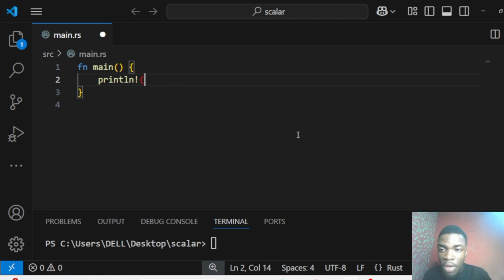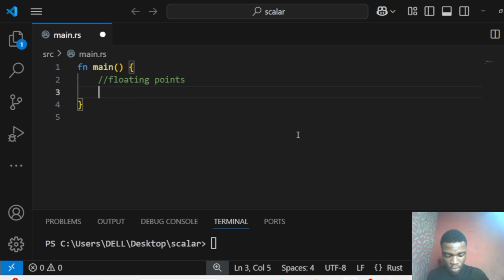wipe this off. What we do is just clear this, and we start with floating points. So by the way, this is our comments. If you want to comment anything, this is what you do: forward slash, just forward slash to comment anything you want to comment, maybe a line of code. Use forward slash to comment a line of code if you wish to. So these are basically what comments are for, and I'll talk about the others as we move on in this